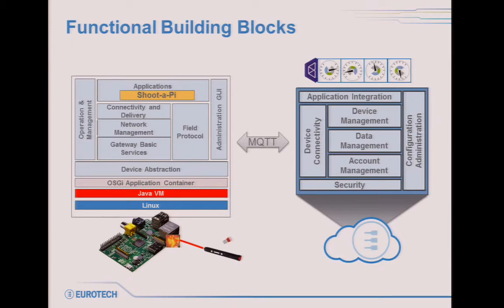It's based on an open source technology. Then we have device management, and this is of paramount importance because from the cloud you can remotely control the shoot.pi application running on the Raspberry Pi, and you can shut down and start up the application. You can update the application. You can do the initial provisioning of the application. You can remotely configure from the restaurant on your laptop.